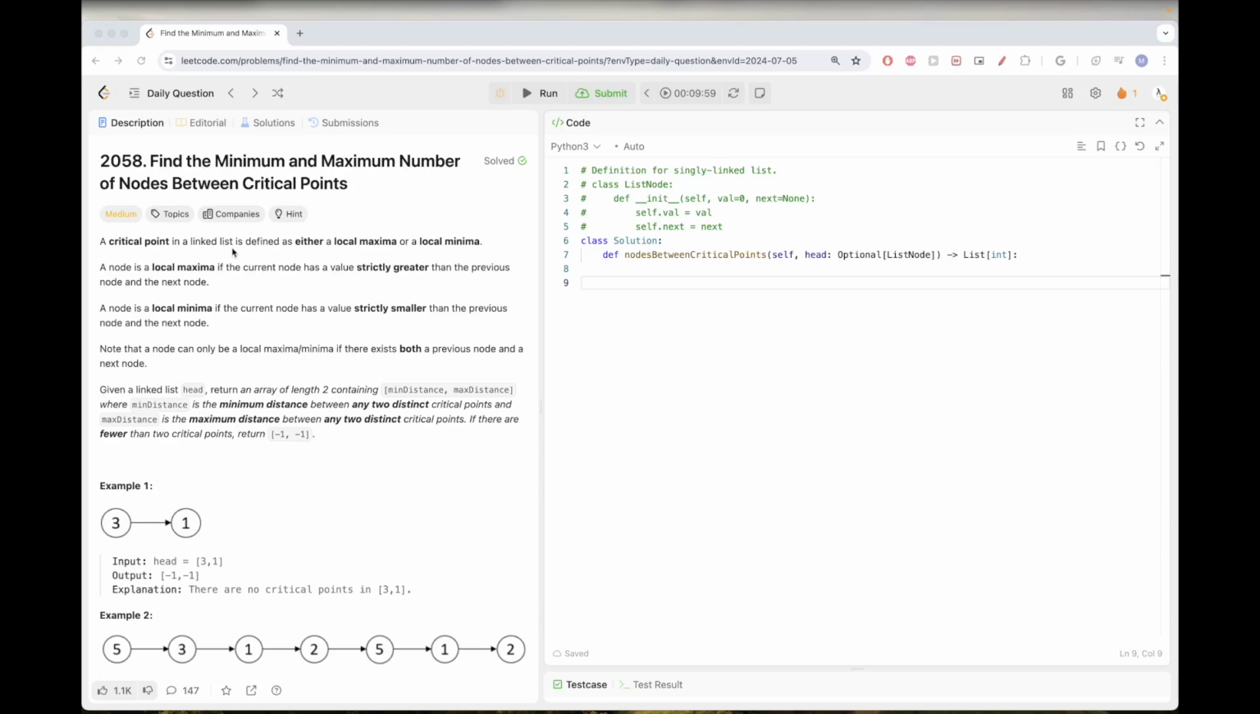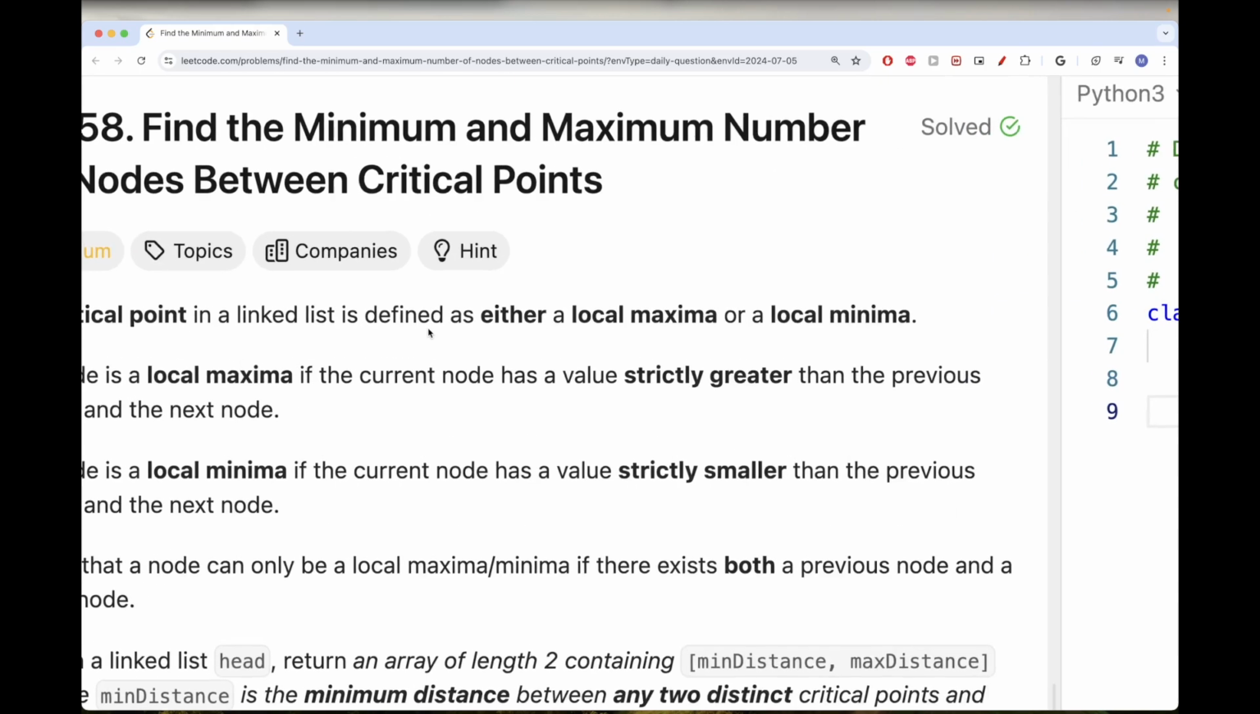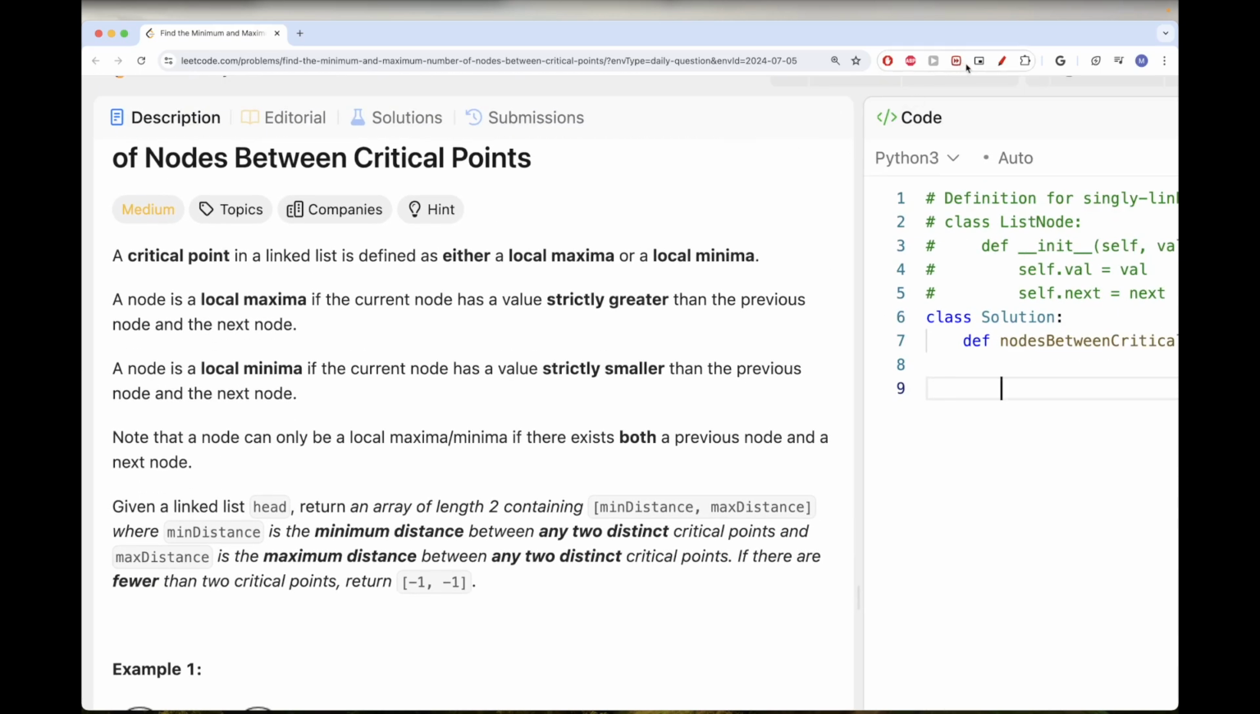Hello, so today we are going to do this problem, which is part of Leetcode daily challenge. Find the minimum and maximum number of nodes between critical points. So basically a critical point in a linked list is defined here as either a local maxima or a local